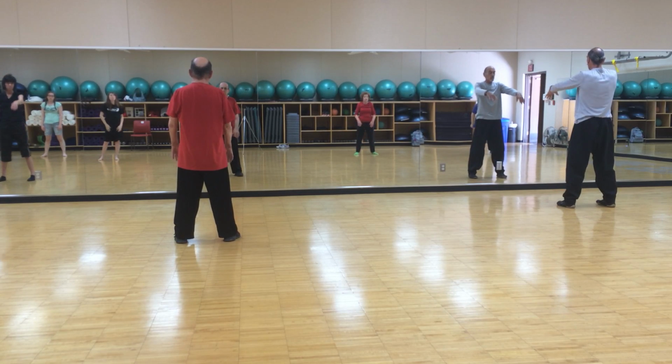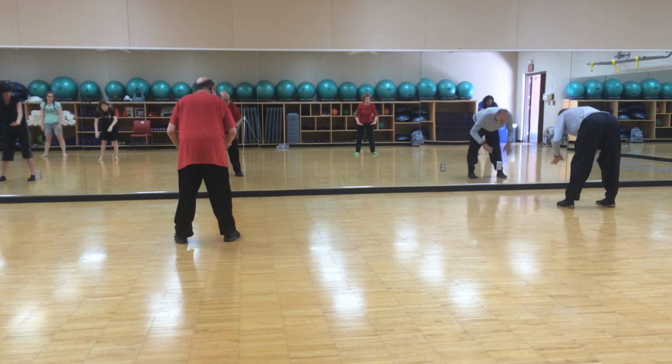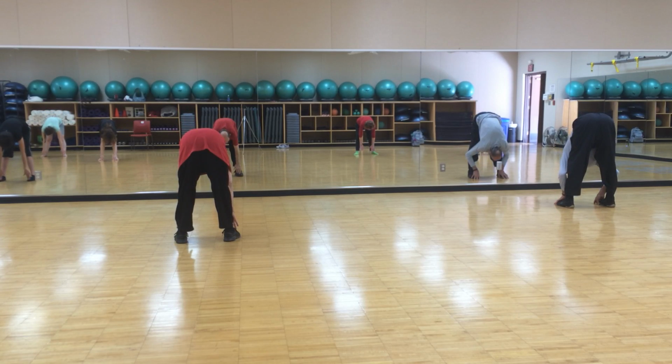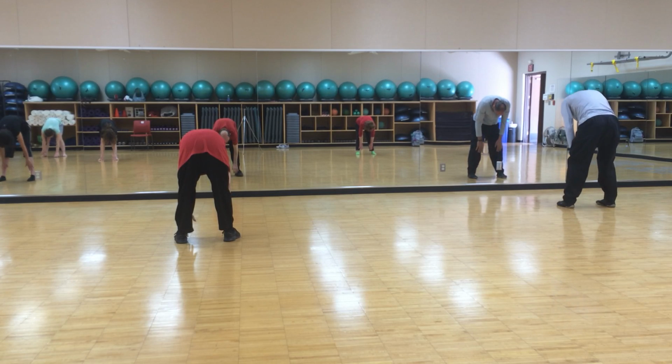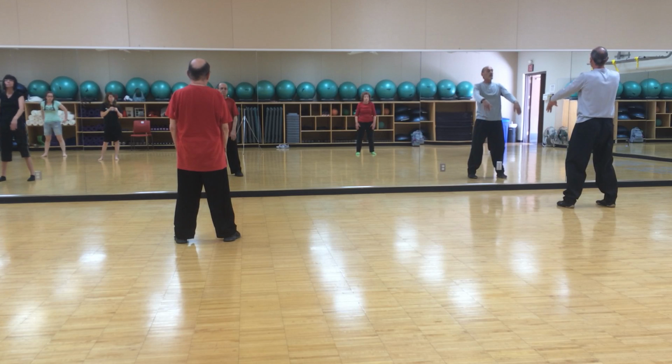Inhale. Stomach in, chest up, back straight. See if you can touch the toes. Touch the toes, push toward the feet, look between the knees, and then roll it through and up. Last one, breathe in,